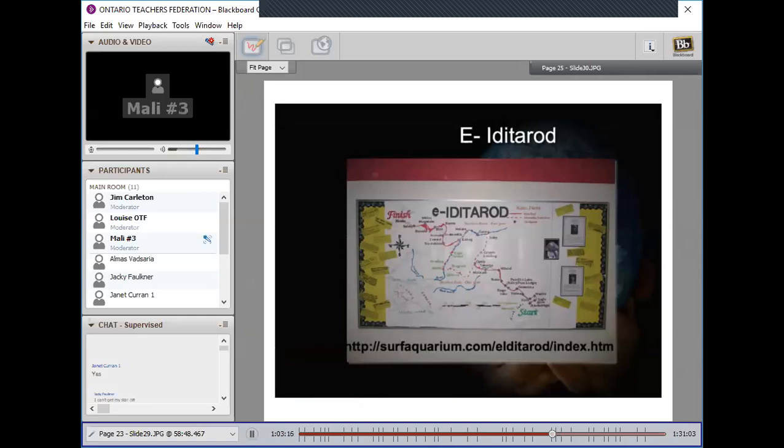Just a really quick project, and it really is a quick project. Some of these projects you'll see can go the course of 16 weeks, as in the case of the Learning Circle, or even working through the My Hero project, or the Teddy Bear project can take the whole entire school year, because you receive your teddy bear in September and then send it back in June with all of its packages. But some projects just take a few days or a week or two, and the Iditarod is a